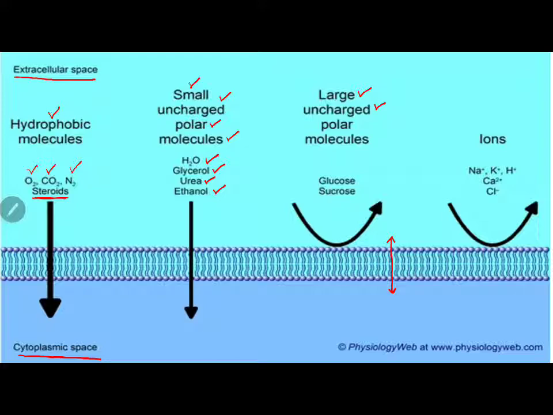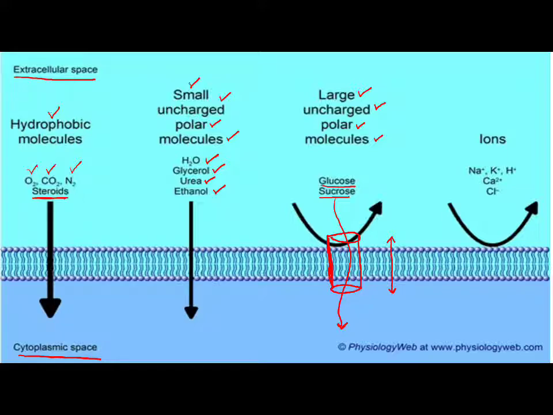Large uncharged polar molecules. You see, you have glucose, you have sucrose. They can never traverse themselves the plasma membrane. So, what do I need? They are water soluble. They can't cross the lipid membrane. We need a carrier, a protein in the membrane will take them inside. If not, they cannot